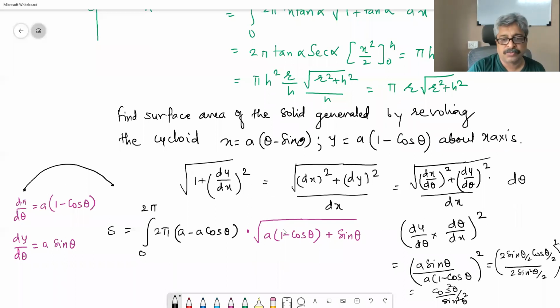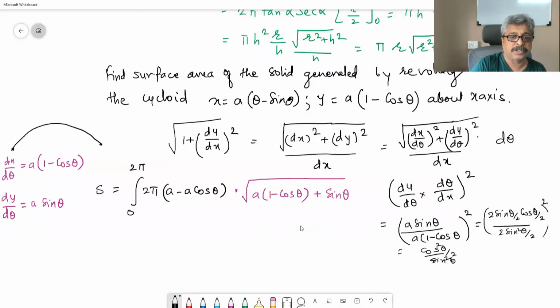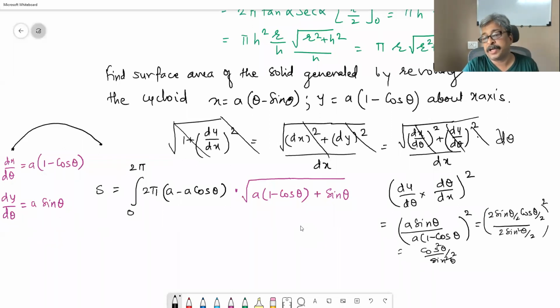Okay, so instead of doing these things, we just find dy by d theta into d theta by dx, bracket square. dy by d theta is a sin theta. dx by d theta is a into 1 minus cos theta. So 2 sin theta by 2 cos theta by 2 for sin theta, and 1 minus cos theta we replace by 2 sin square theta by 2. So we end up getting cos square theta by 2 upon sin square theta by 2 for (dy by dx) bracket square, and therefore